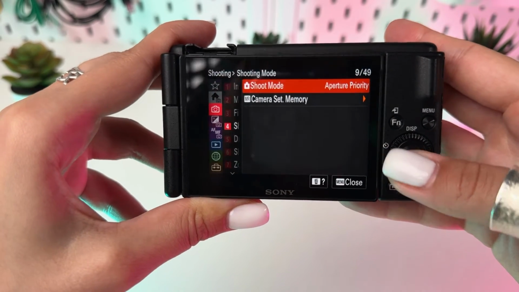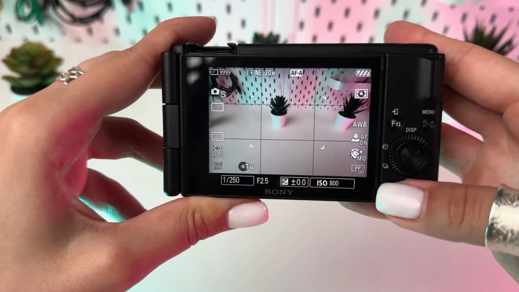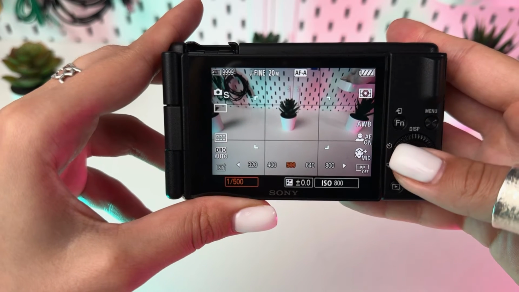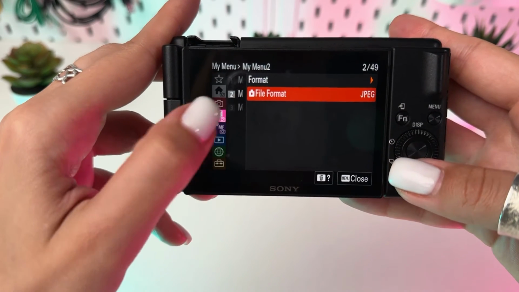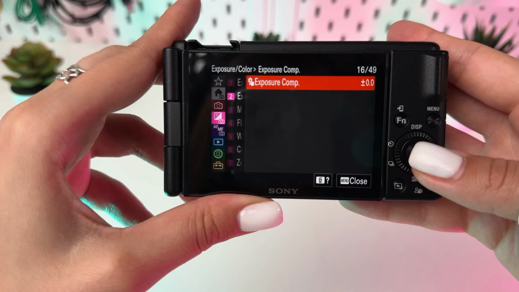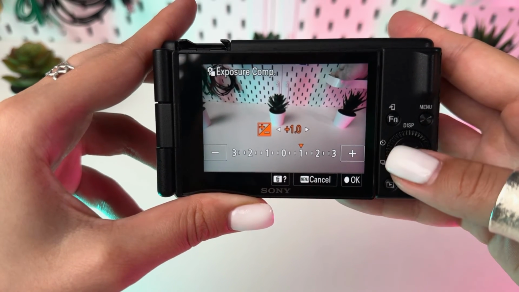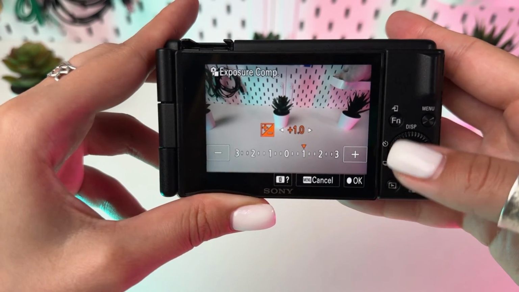A faster shutter speed, found in Shutter Priority Mode, is crucial for freezing motion without blur, particularly useful in bright light to avoid overexposure. For quick adjustments, use Exposure Compensation. This allows you to darken or lighten your shots without changing other settings, giving you the flexibility to quickly adapt